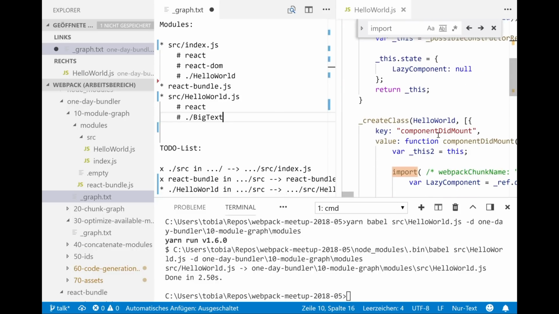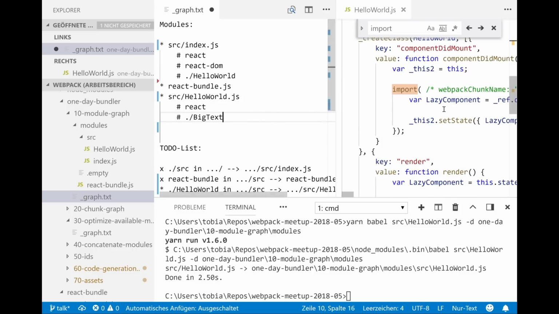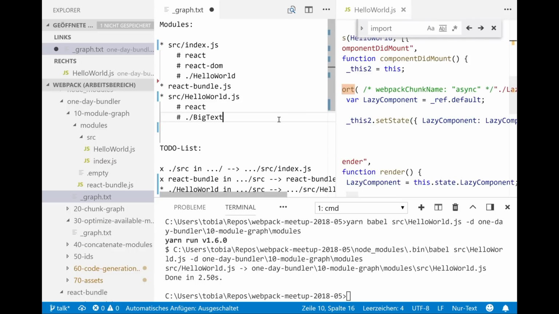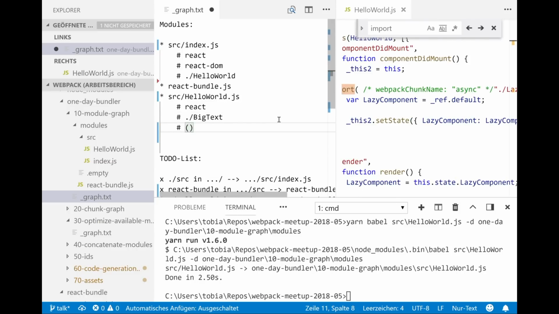And we found another import, it is this module. It's kind of lazy, okay, it's kind of the same. We maybe take a note that this is an async import. One thing that Webpack does also is to take a note about whether this is an ECMAScript module, and these both modules are, but this module isn't one because it doesn't contain an import and export.